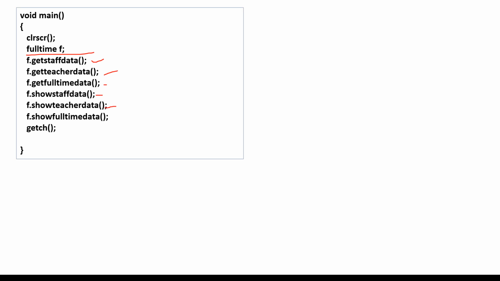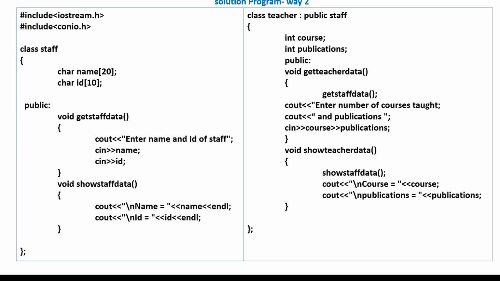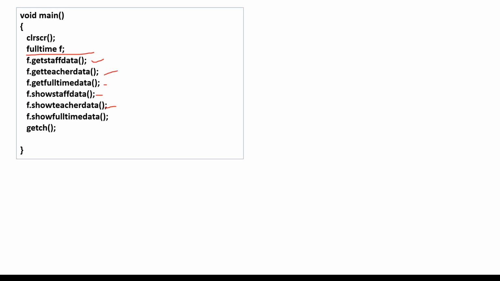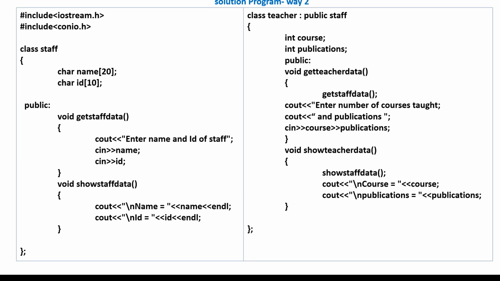So this is just an example, and you can create multiple examples based on this. This is another way that is explained: instead of calling with this object, you have another way, that is you call here. You can go through this way as well, and you can follow any of the ways.